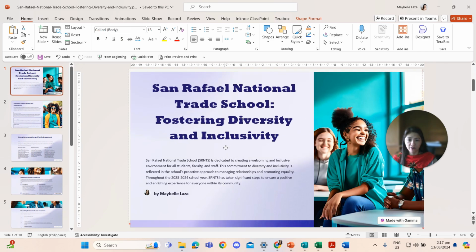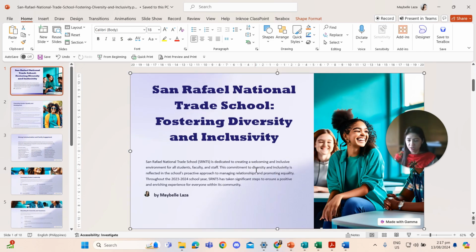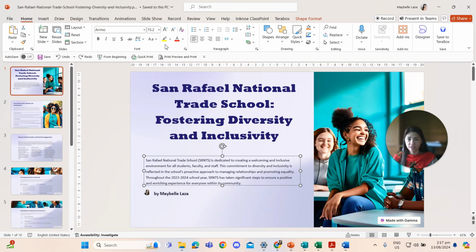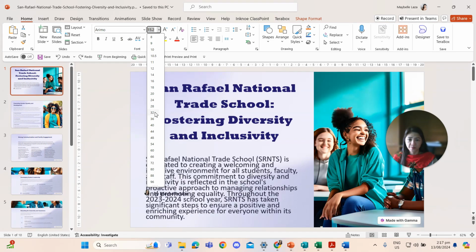And even this area, the content, you can manipulate it as well. From the font size, you can change from the given one, or decrease this one.